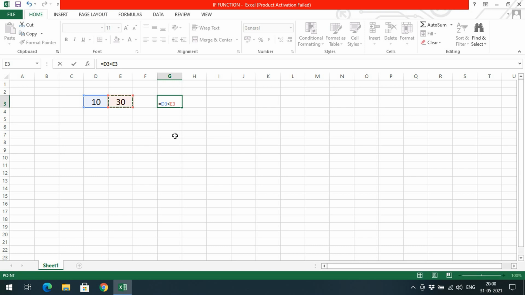Even if you are not using it, just comparing the cells will give a single result, that is true or false based upon the condition. You can observe here, 10 less than 30, so automatically it's true. And if you give 50 here, automatically we'll get a false.